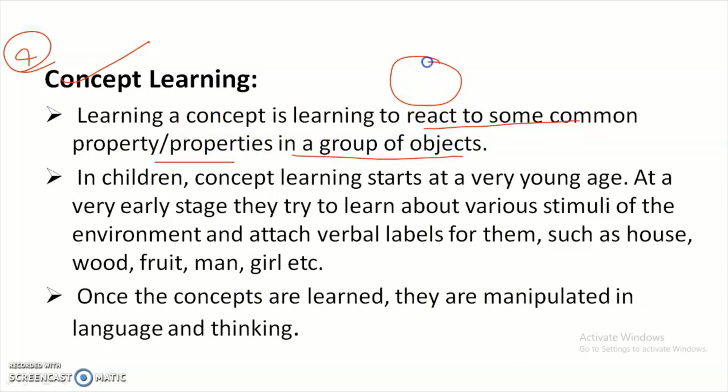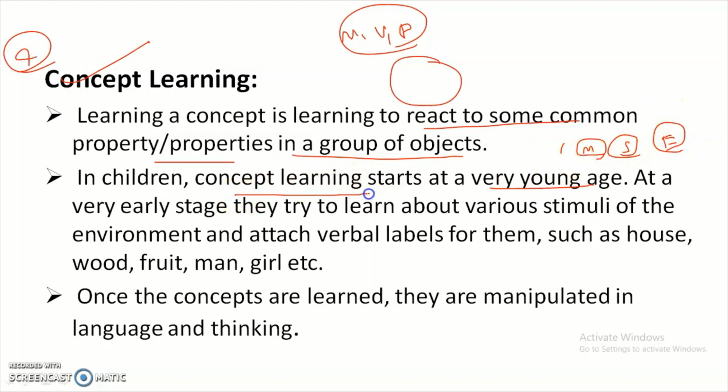That means if you are learning something, either motor learning, verbal learning, or discrimination learning, we are going to react with some new concepts. Why is it happening like this, why can't it happen like that? In children, conceptual learning starts at a very young age, because children ask a lot of questions: why is the moon coming at night, why is the sun coming in the morning, is the earth rotating, but why are we not rotating? All such huge doubts come to children.